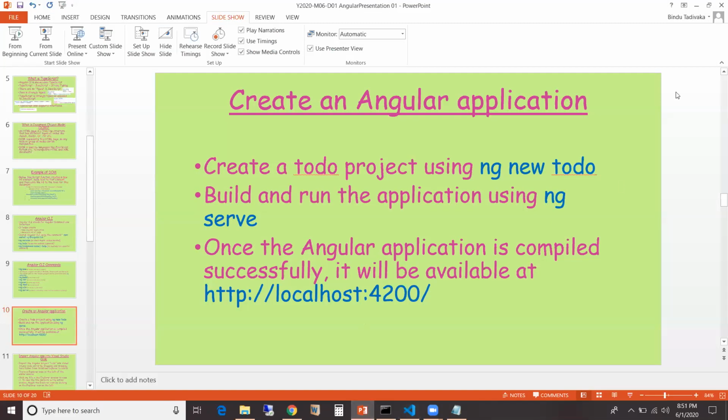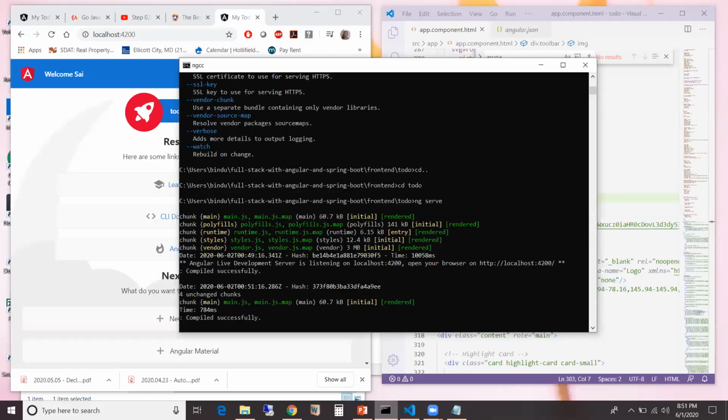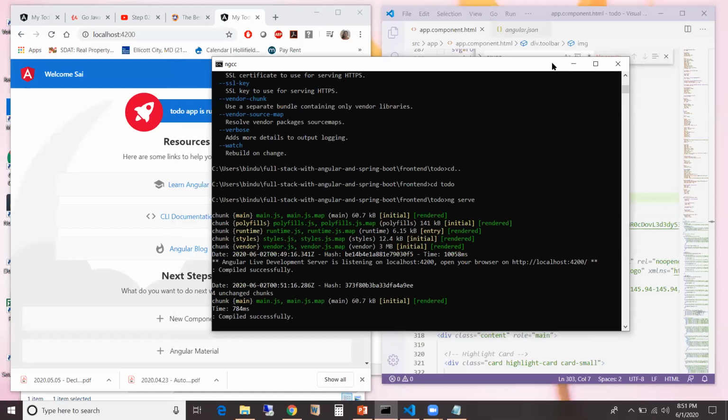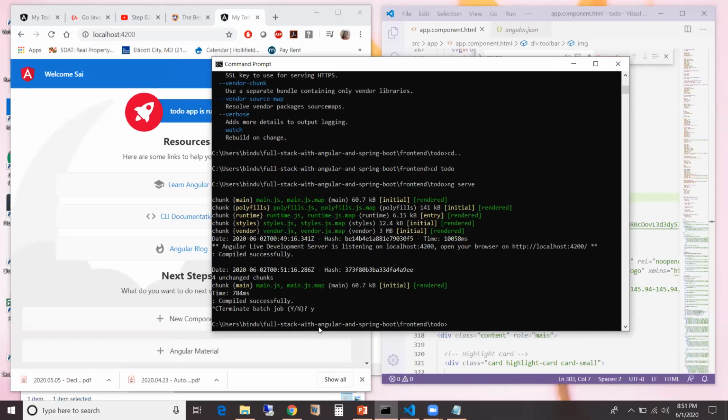But then there is one more command called ng build. We can actually stop this ng serve by pressing Control C. In order to stop any command, we have to press Control C. And I stopped ng serve. Now I can run ng build.